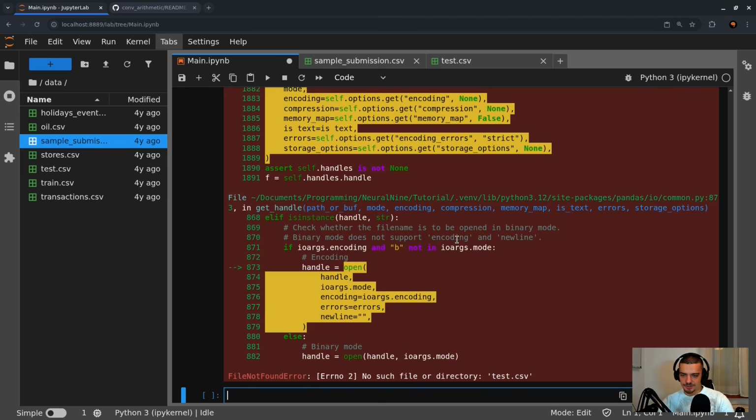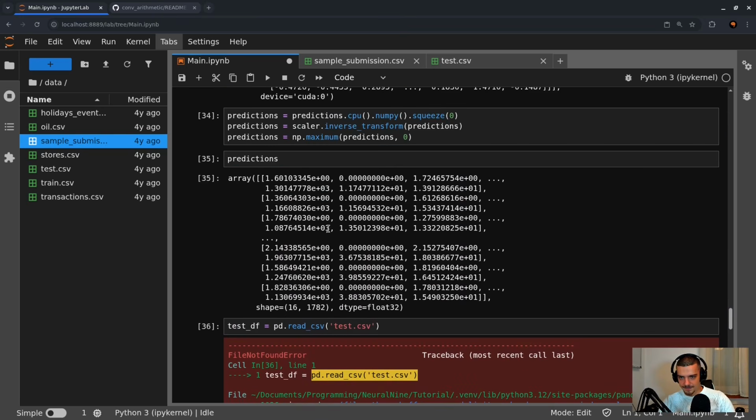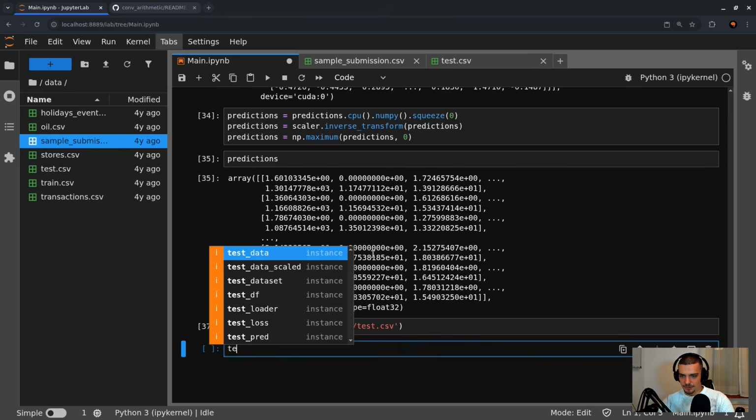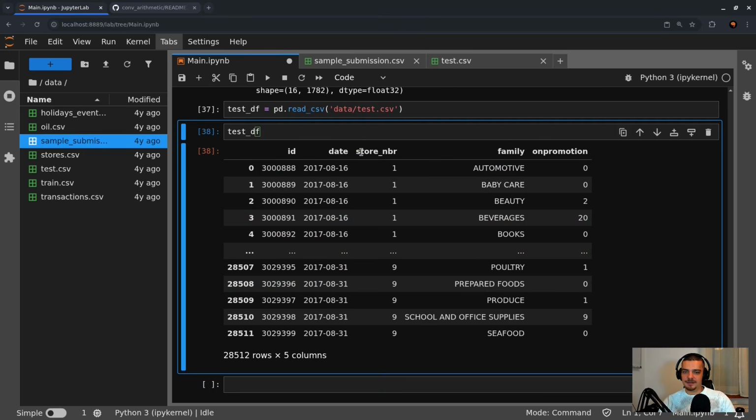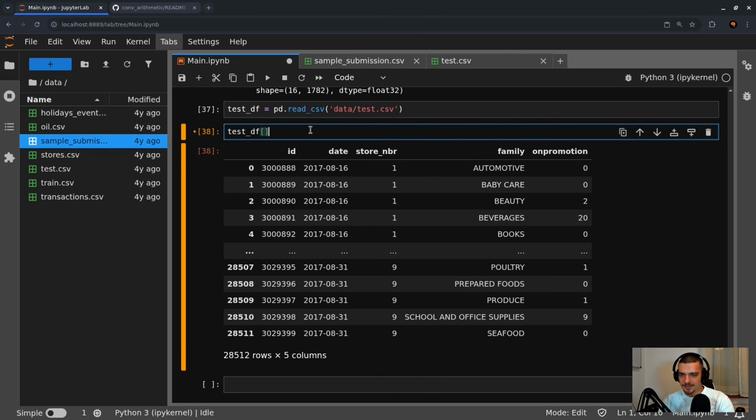And we can actually just, not test CSV, sorry, data test CSV. We can take a look at that. We already saw what this looks like, basically like this. And now we need to first craft again the column that we had before, store number and family combined. So here I'm going to say that I want to have this, what did I call it, store family. I think I call it store family, is going to be equal to test data frame, apply again, lambda expression